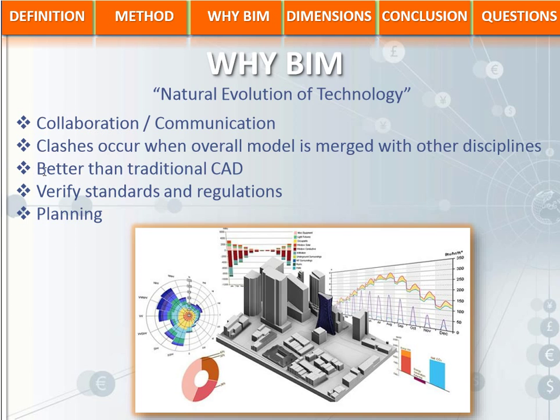BIM is better than traditional CAD. In CAD, a line is just a line. But in BIM, every element actually has information embedded in it. So it has characteristics that can be used by another discipline. Say, for example, architectural has information that can be used for electrical or mechanical, and also for further stages of the project. So it facilitates all the planning, design, all the stages in the project, the communication basically.